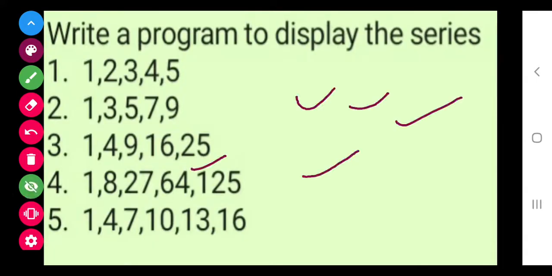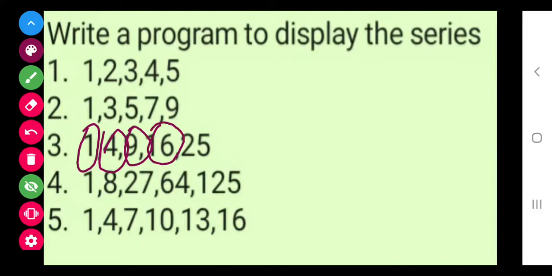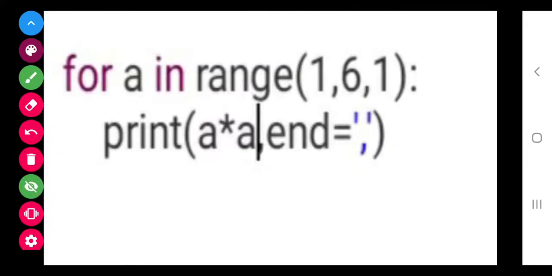Now next is this. What do you analyze from it? This is 1 comma 4 comma 9 comma 16 comma 25. So we can make out that this is the square of a number. 1 square is 1, 2 square is 4, 3 square is 9, 4 square is this, and 5 square is this. So the only thing is, we need to find the squares of 1 to 5.